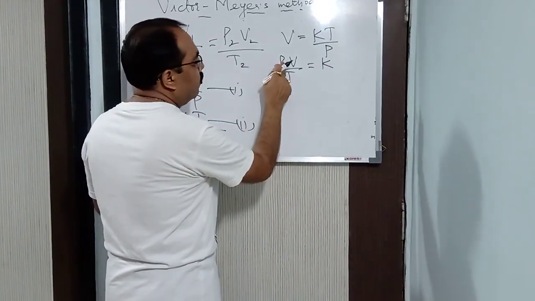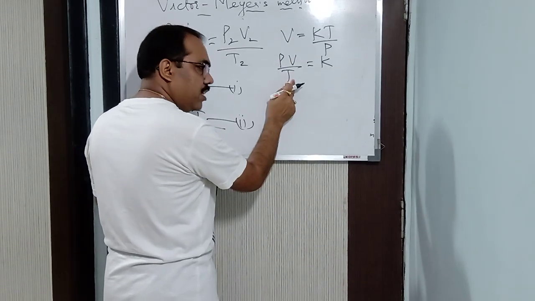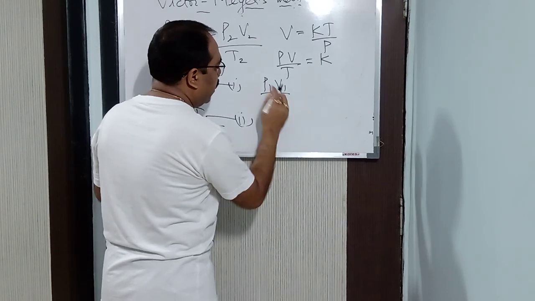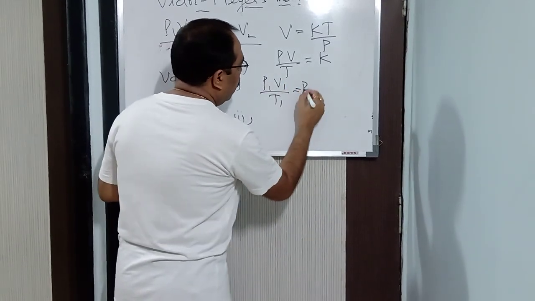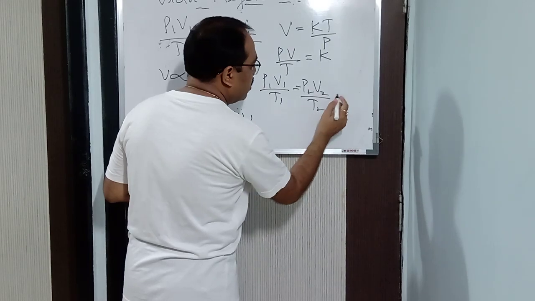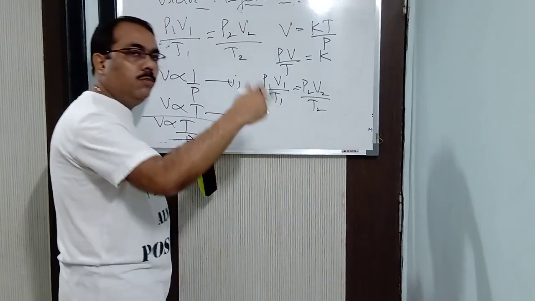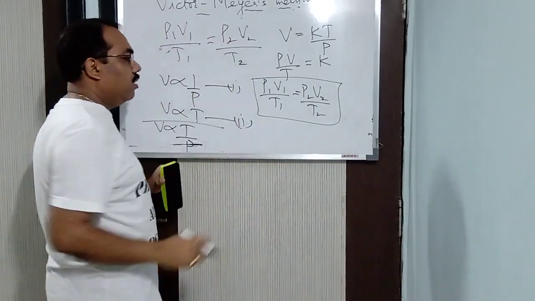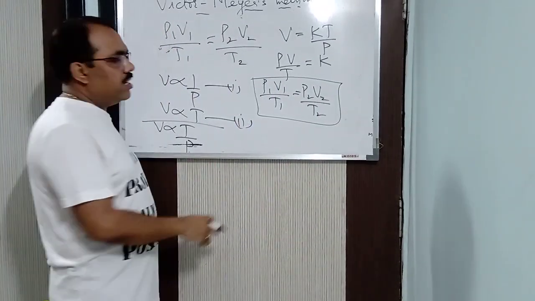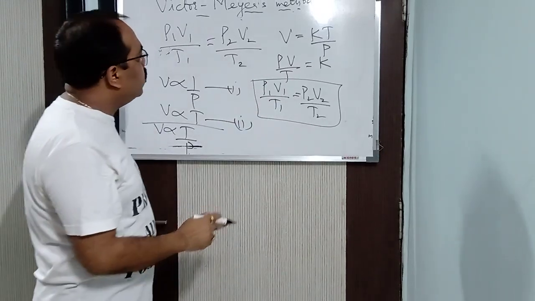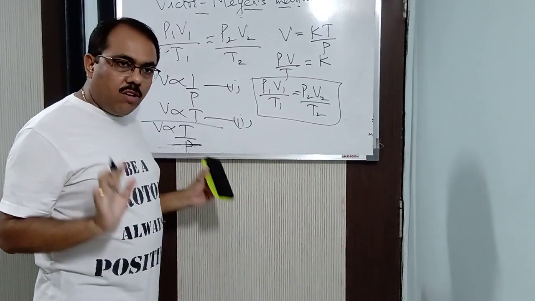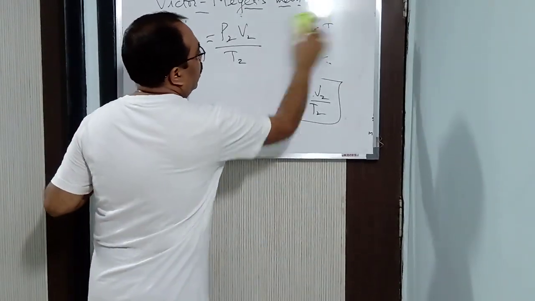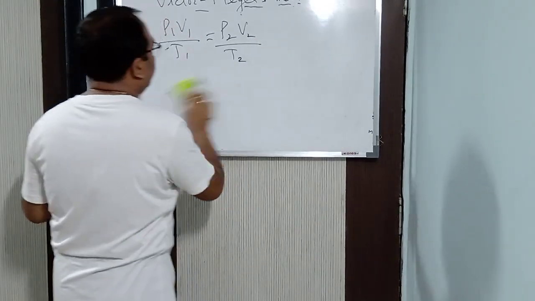We get it? So for different values of pressure, volume and temperature, under different conditions, what will you get? P1 V1 by T1 is equal to P2 V2 by T2 is equal to P3 V3 by T3 is equal to P4 V4 by T4. It goes on in this way. But I want only this for the time being. Hence I got the perfect gas equation: P1 V1 by T1 is equal to P2 V2 by T2. I think it's clear to you from where I got this particular equation. So I'll be using this in the perfect gas equation.